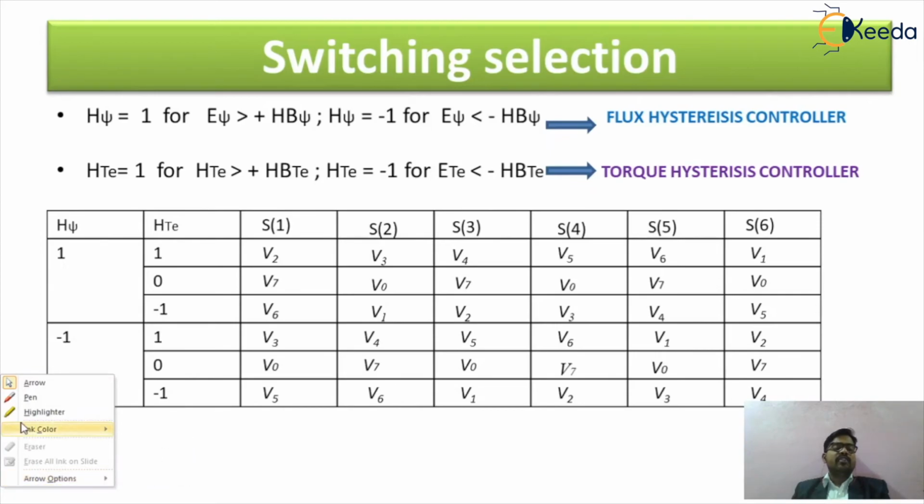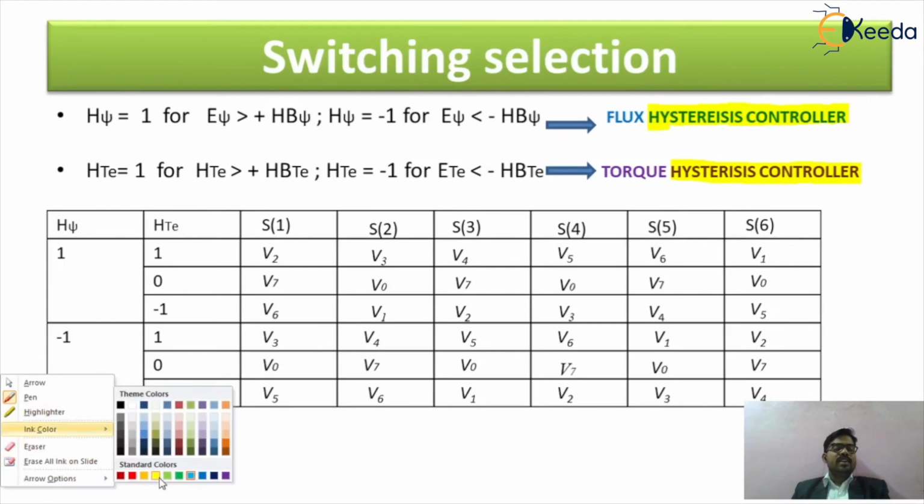Okay, so now friends, we can understand what the switching selection will be for the flux hysteresis control, because as we know, in concern with the basic fundamental principle of torque control, we want to get the hysteresis controller loop. Basically we have two quantities, the first is called flux and the second is called torque. We want to understand these quantities in concern with the hysteresis controller loop. For that, we now want to select the switching selection of the inverter circuit. For that, we can understand the basic concept which we call the magnetic flux density point. In that particular image, I can show you.